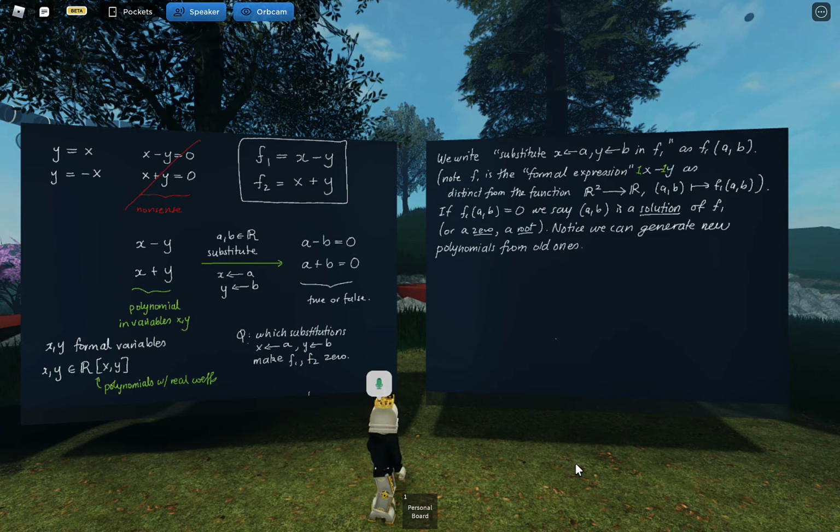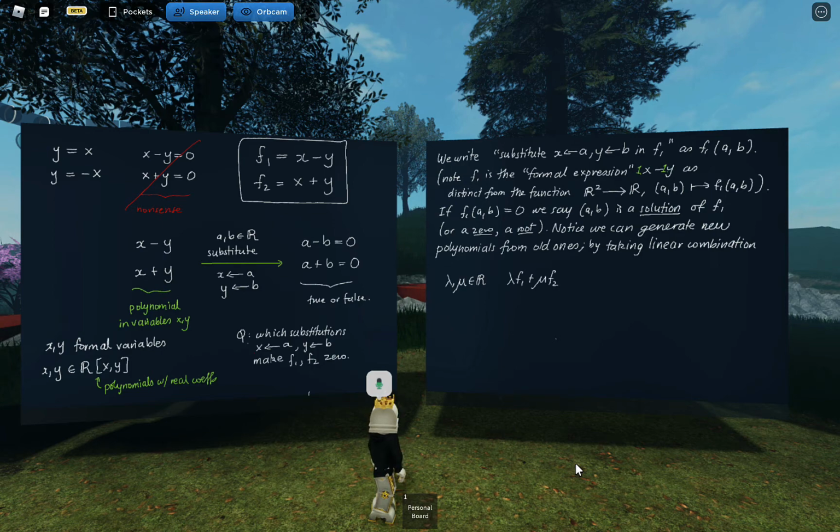By taking linear combinations. So what we're working towards here is a general method for solving equations that are more complicated than the one we have on the board. And the way we're going to do that is by taking the equations that we already have and generating new ones. So if lambda and mu are real numbers, and I take lambda f1 plus mu f2,